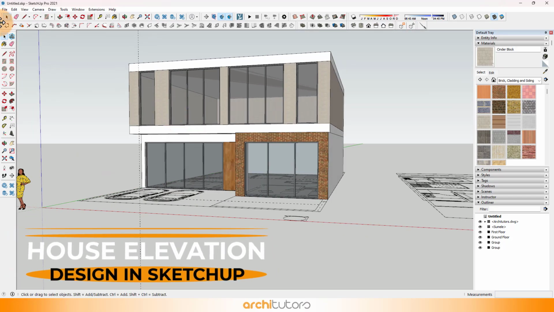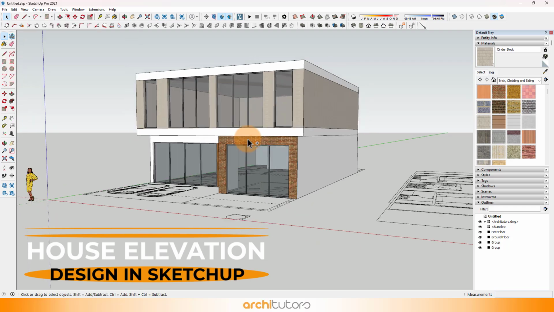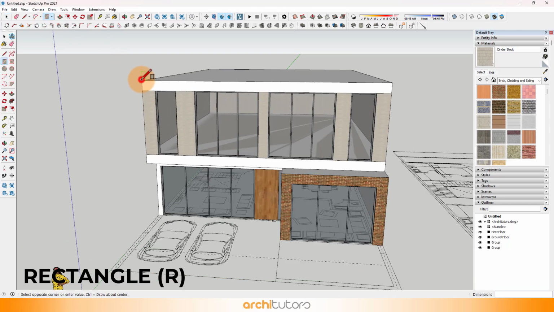Now we're done with very basic modeling, and let's start by adding details to make the design come to life. These details will be the main feature of this modern elevation design.